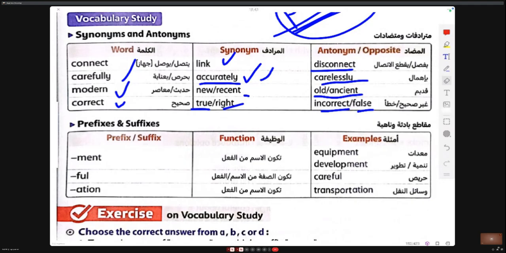There's something wrong. Why doesn't it work? Okay.